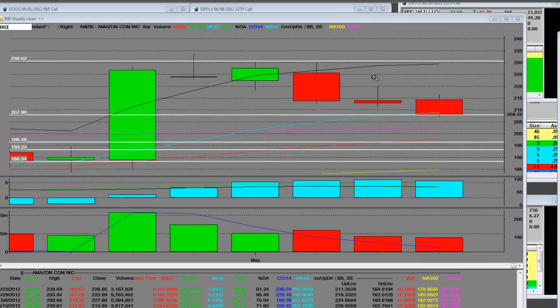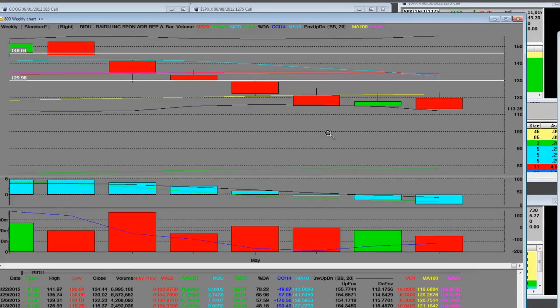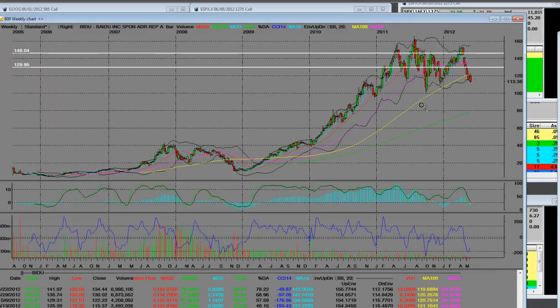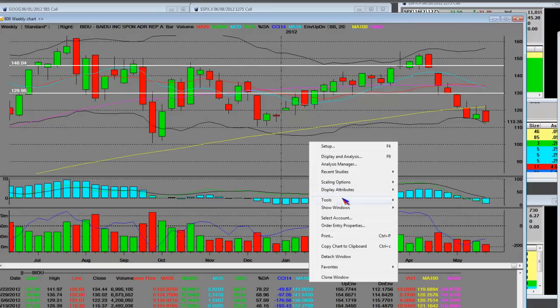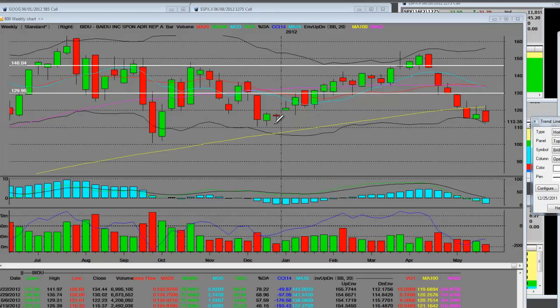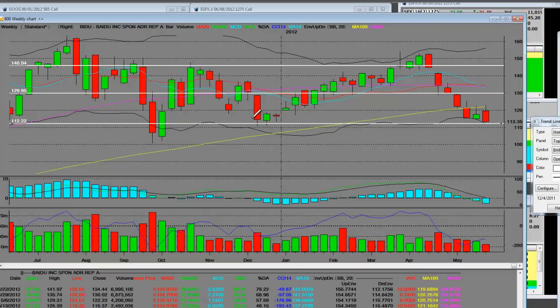Other ones that we have been short for a while, the Baidus of the world, and we have the 135 puts up here. It's gone straight down. You can take a look here at the 2012 trend in Baidu. Baidu is coming down and it's about to test where that long rally that brought it up to that top started. This was that bull rally. Then it got right up here, and then it gapped below here, and it's never looked back, and it's right back where it started from.